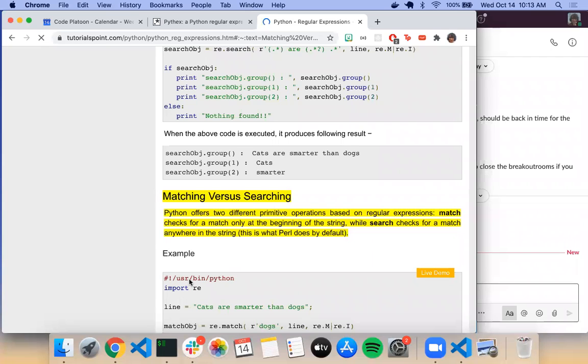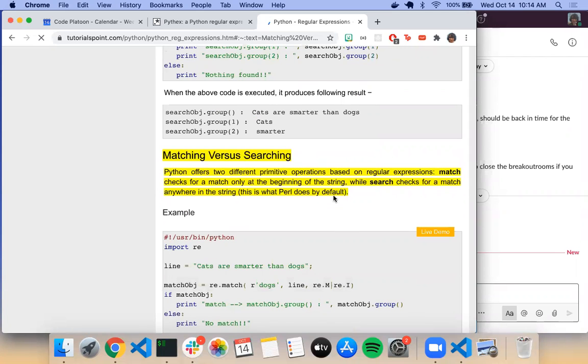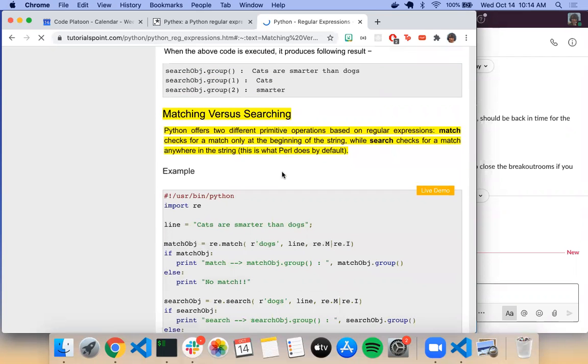Okay, so hello. We are midway through our lecture on regex and destructive versus non-destructive methods. I was just looking at the difference between matching versus searching using the regex library. And let's see what it says here. It offers two different primitive operations based on regular expressions. Match checks for a match only at the beginning of the string, while search checks for a match anywhere in